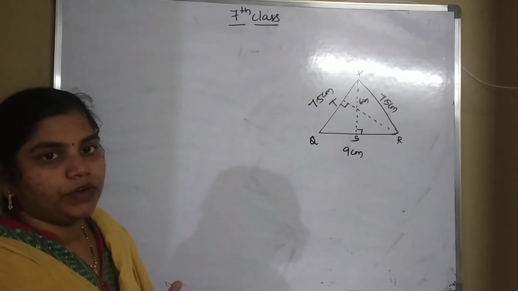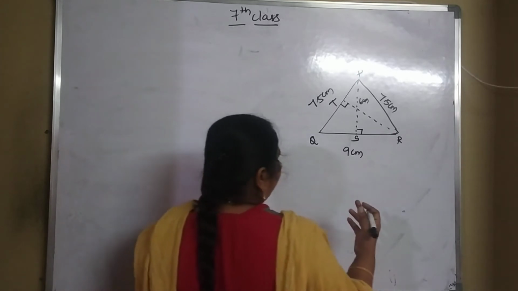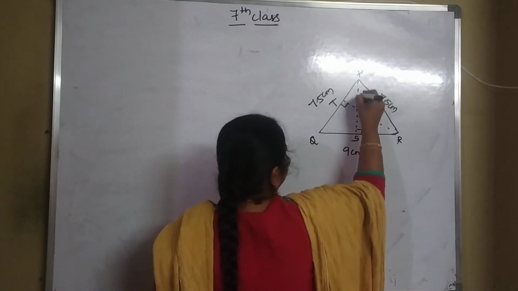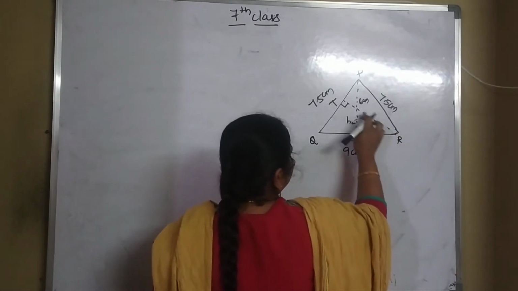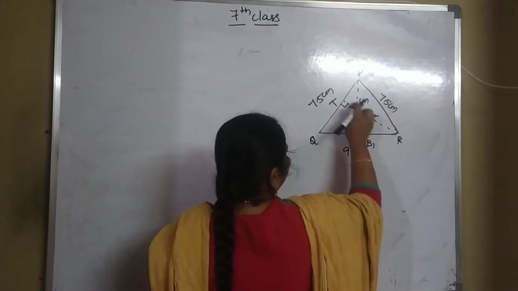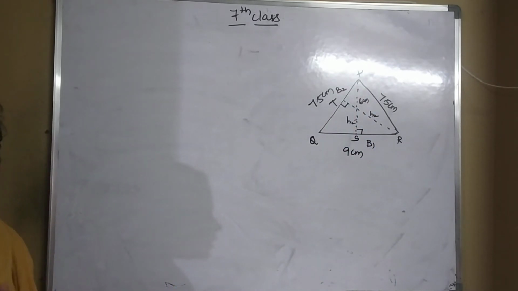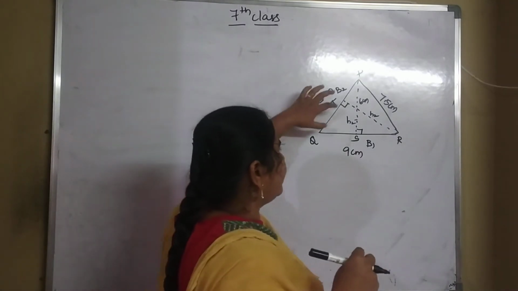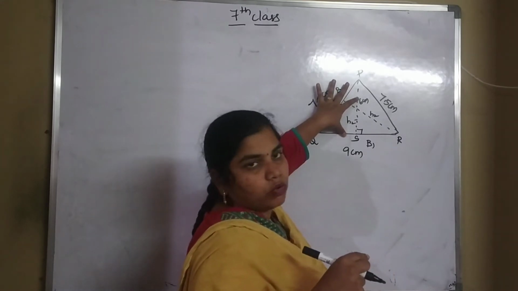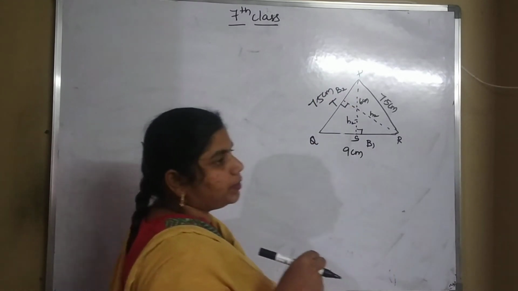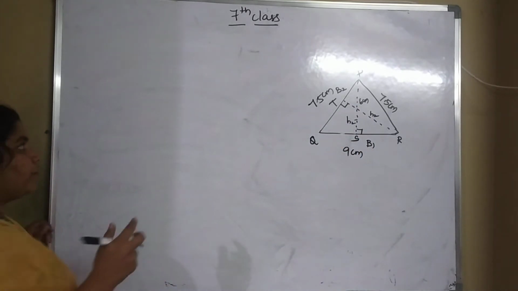For finding the area of a triangle, you want both the height value as well as the base value. So which height and base can you take? If you take this as height 1, this is base 1, and this is height 2, and this is base 2. Okay, so we want both values of height and base. So where you are seeing both values of height and base, this is a height, this is a base. These two values we know. This is 6 centimeters and this is 9 centimeters. So by applying these two values, we are going to find the area of a triangle.